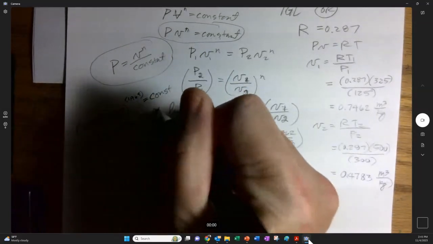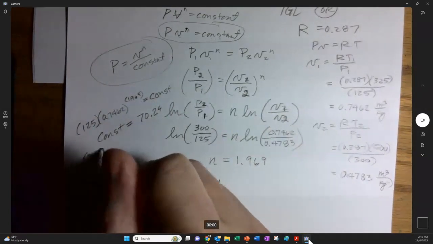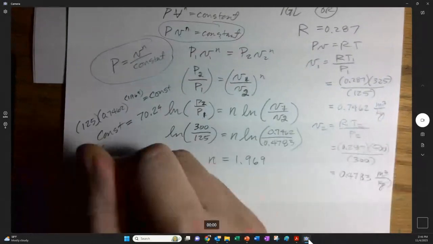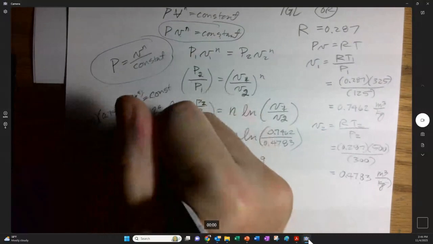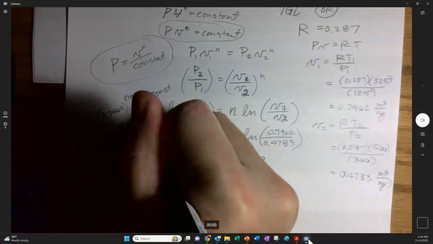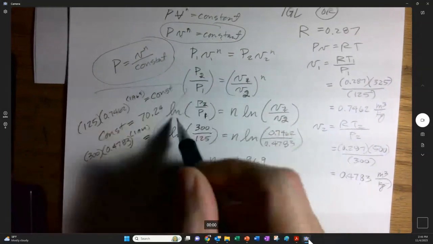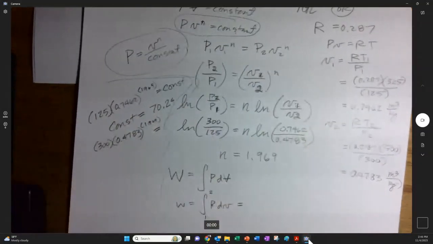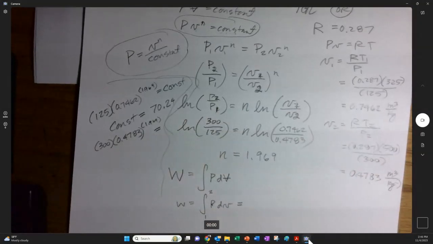So I got the right math right here. We could also go 300 times 0.4783 raised to the 1.969, and that's going to be equal to, let's see, I've got to draw my little line right here so I separate this thing out. This is the kind of way that I draw it when I'm just thinking the thing through instead of trying to make it look pretty